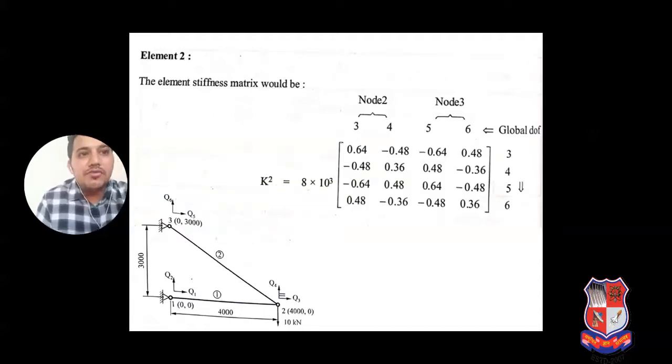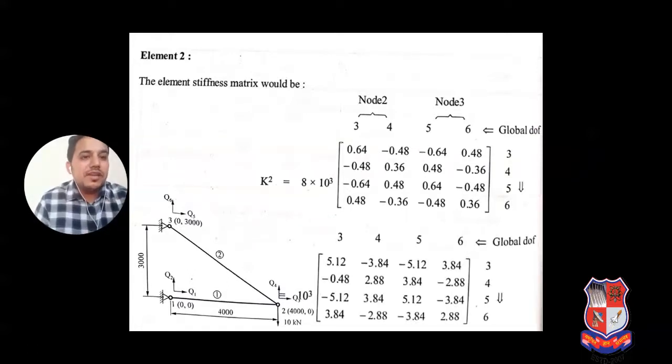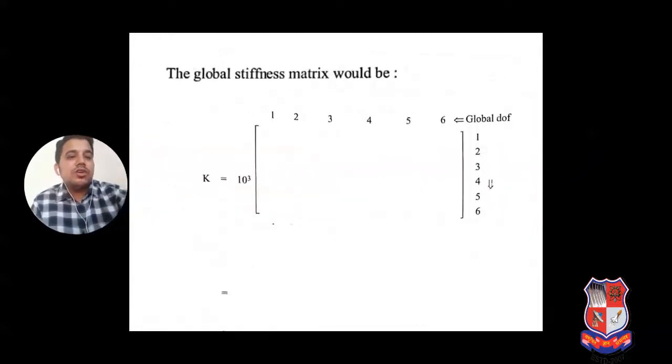Now what we have to do is combine all the stiffness matrices and find out the global stiffness matrix. So if I want to find the global stiffness matrix, then I have to consider 1 2 3 4 5 6 by 1 2 3 4 5 6. Why am I writing this global matrix so large? Because of the degrees of freedom that each and every node has. Each node has 2 degrees of freedom, one horizontal and one vertical. That's why this is considered as 6.